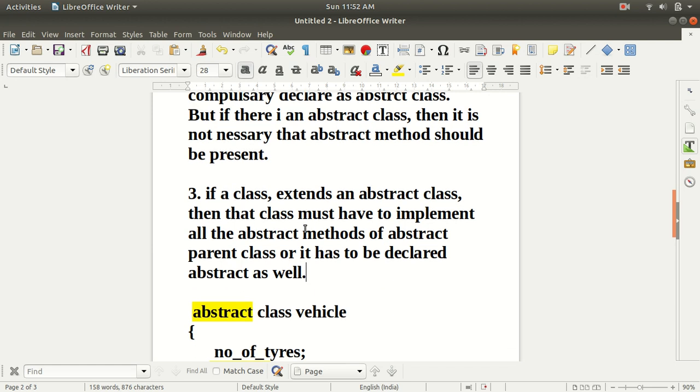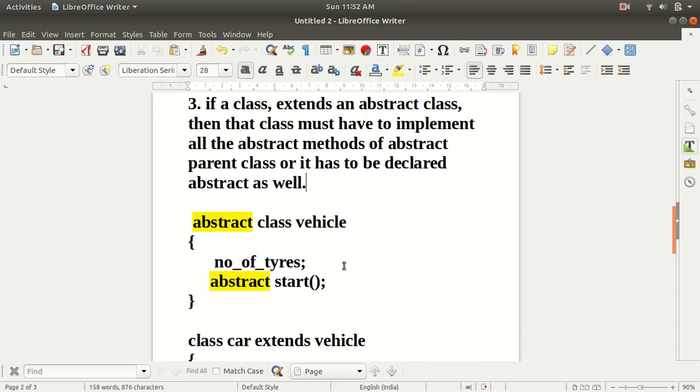The third point says that if a class extends an abstract class, then that class must implement all the abstract methods of the abstract parent class, or it has to be declared abstract as well. So the third point says that if a class extends an abstract class, then that class must implement all the abstract methods of that abstract parent class, or it has to be declared as an abstract as well.